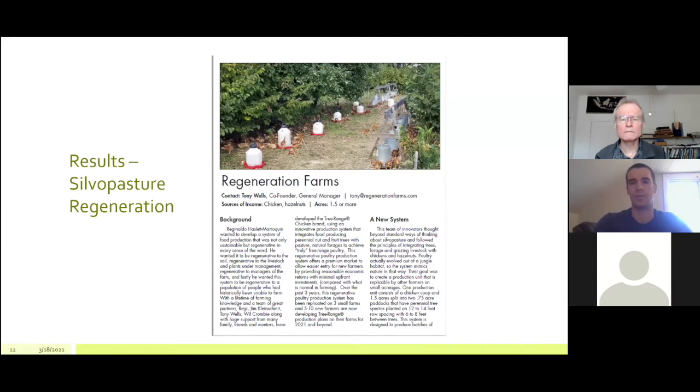Hazelnuts are a plant that requires a lot of nitrogen, and chickens put a lot of nitrogen in their manure and their fertilizer, so it can be a really beneficial system. Obviously you may or may not want to build a system just like this, but the way that they looked at using the silvopasture principles of integrating livestock and trees together can be applied in many different ways. I just wanted to highlight that as an example of one way that people are thinking about silvopasture differently from the standard. And I encourage you to read more about that in the silvopasture case study.